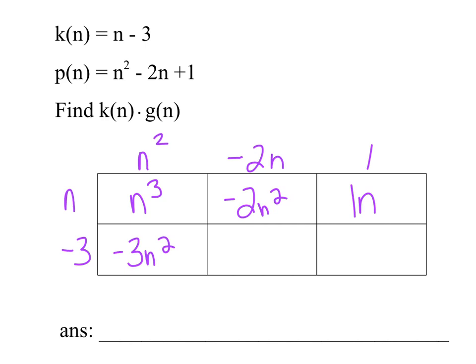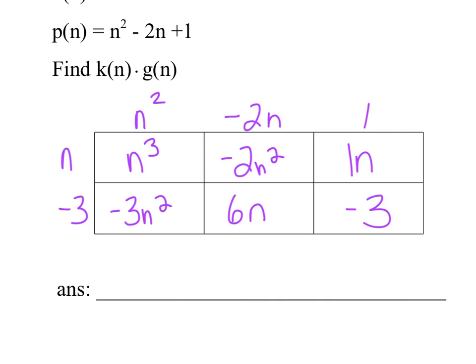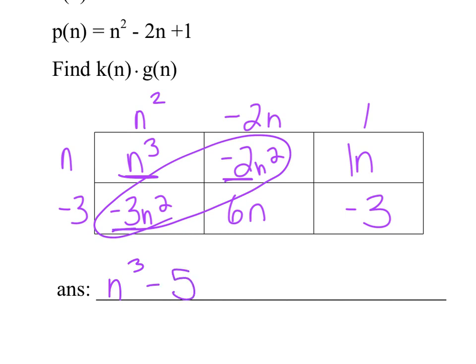Multiply negative 3 and negative 2. Again, we're just multiplying. Positive 6n and negative 3. So we just straight up multiplied there. Now when we're adding, when we're combining like terms, exponents don't change. So here n to the third stays the same. These two are like terms. So I'm combining negative 2 and negative 3. Those are the same sign, so it's negative 5n squared. Notice the exponent didn't change here. It only changes when I go into the box, when I'm